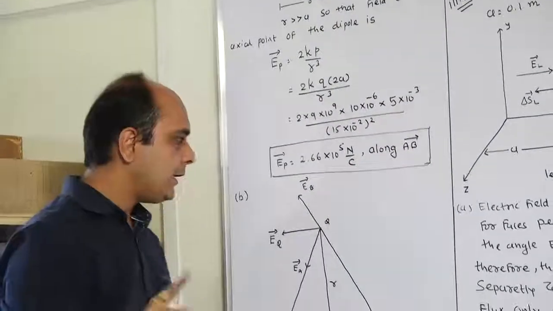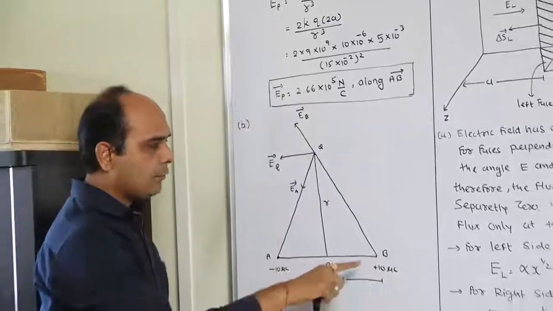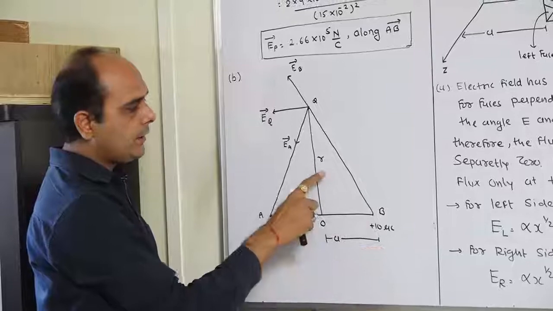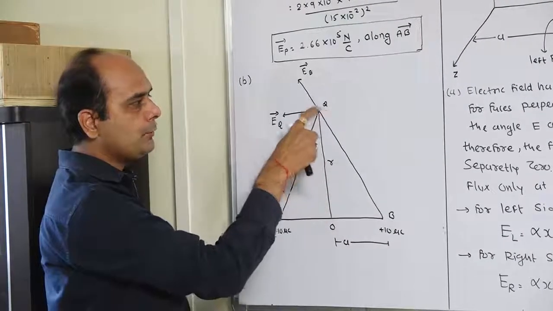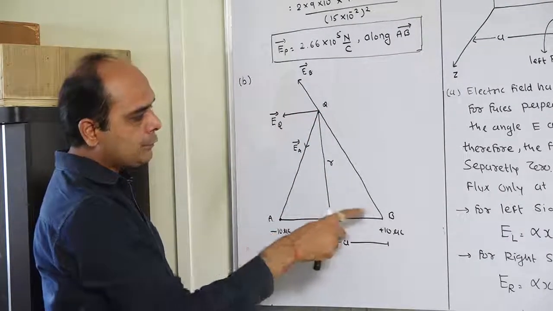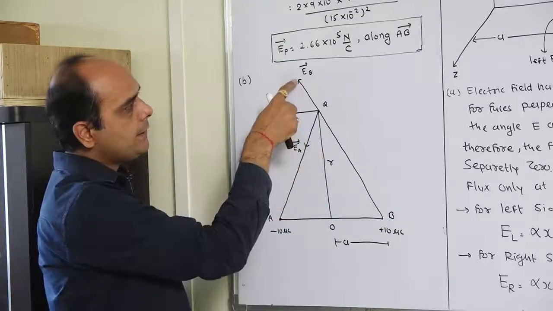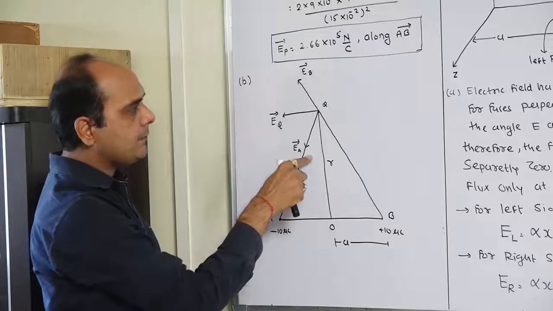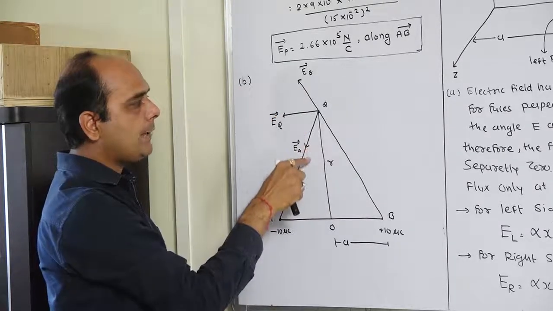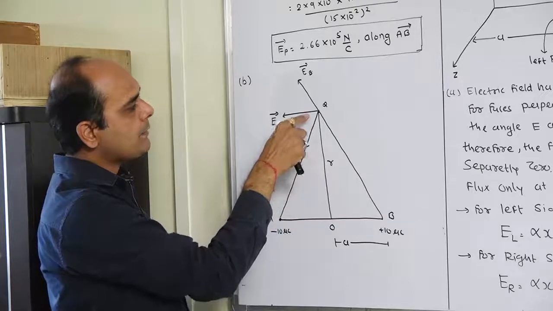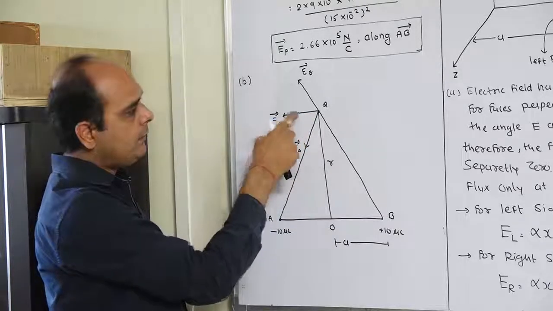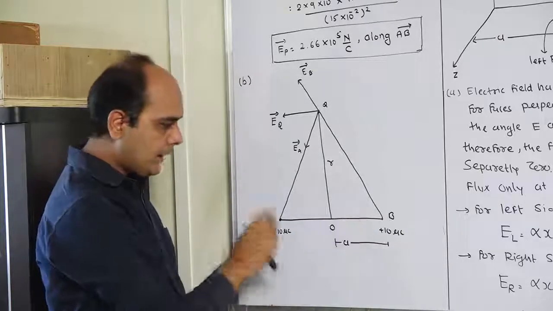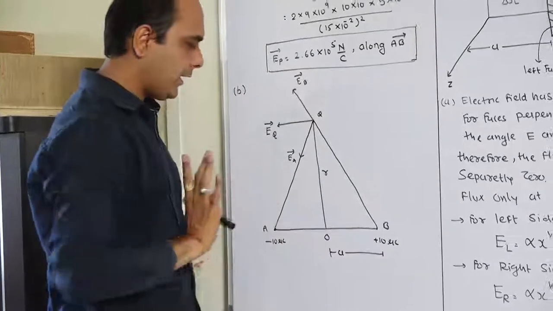Now we are calculating the electric field on the equator of the dipole. Student, this is for the equator of the dipole. This much distance is a, and again this much distance is r. Point Q is lying on the equator of the dipole. Due to this positive charge, the field is radially outwards, EB. Due to this negative charge, it is in the inverse direction, EA. EA and EB form the parallelogram. The resultant will be produced in the diagonal direction. It is acting along the vector B to A.